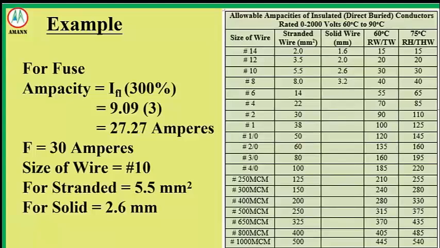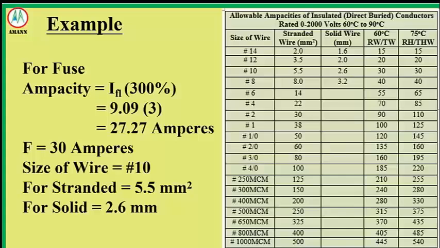installation. The fuse ampacity is determined by applying a 300% safety factor to the full load current. Given that the full load current is 9.09 amperes, the required fuse rating is calculated as 9.09 amperes times 3.0 is equal to 27.27 amperes. Since standard fuse ratings are available in fixed increments, the nearest suitable size is 30 amperes as seen in the table. This ensures